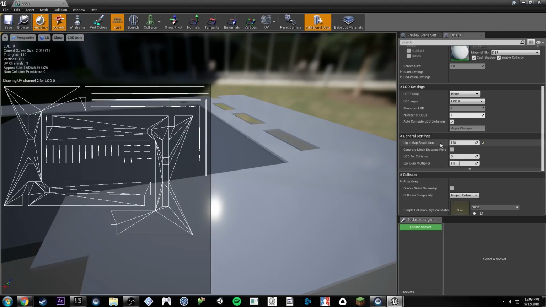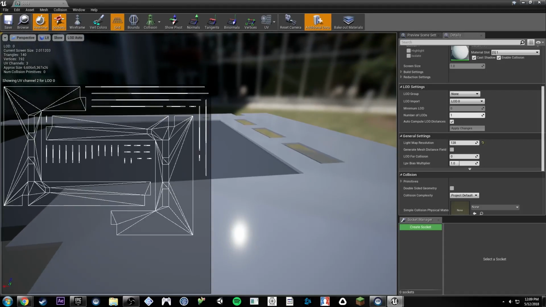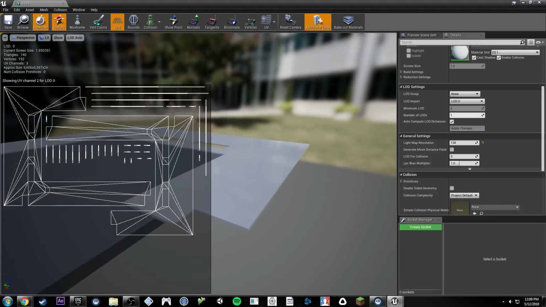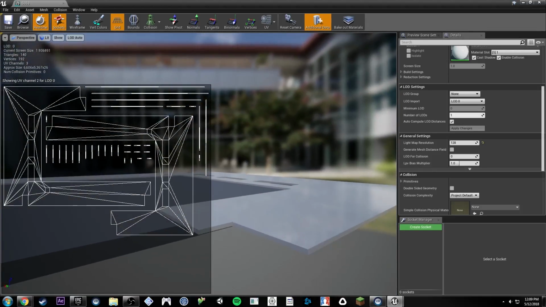This, on the other hand, if we scroll down here, is 128 light map resolution, so we have 128 pixels across and 128 pixels down. And what that means is that all of these, I mean, this could be, what, 80 pixels here, and then 80 here, something like that. So if we wanted to optimize this further, what we would do, and we'll do this here in a bit,